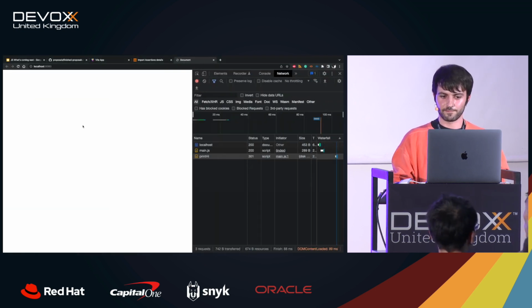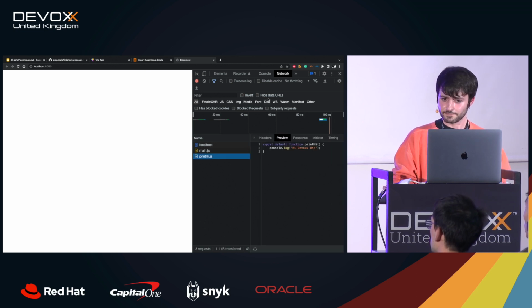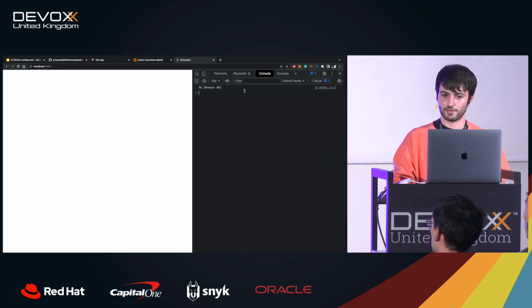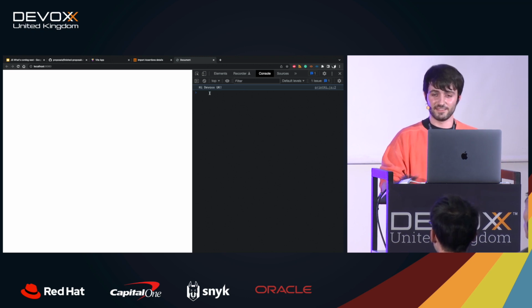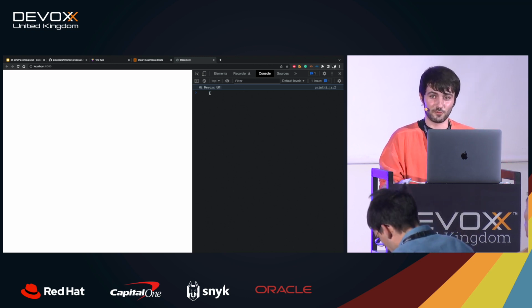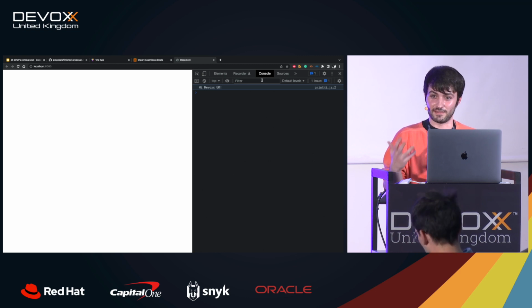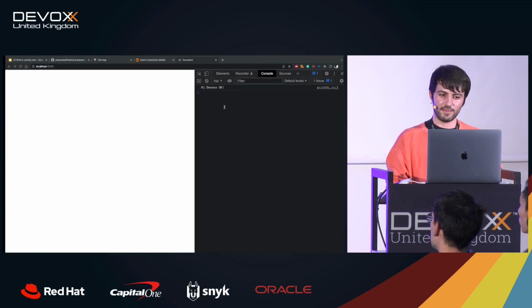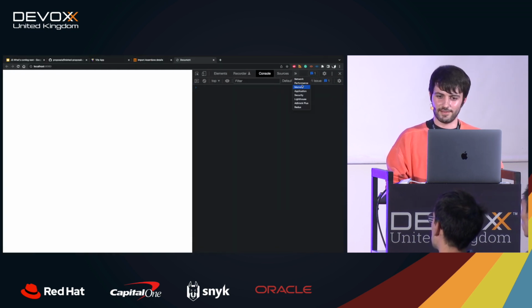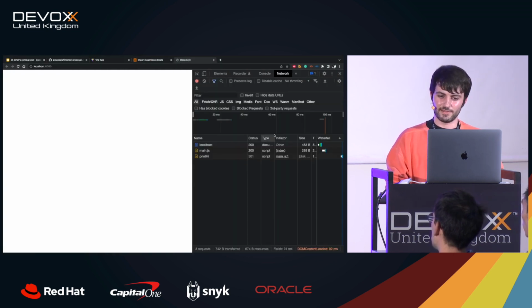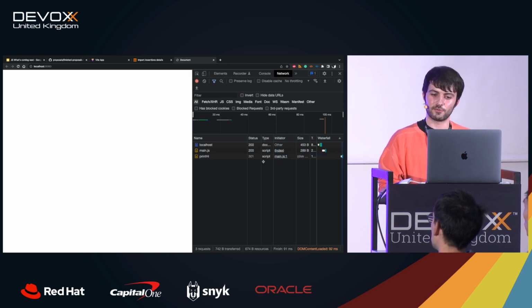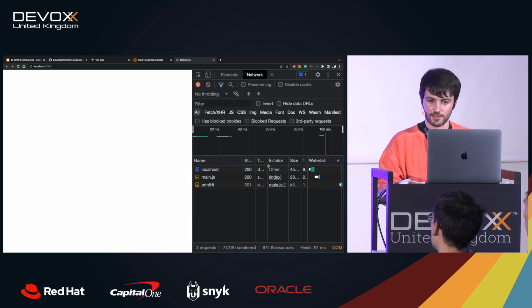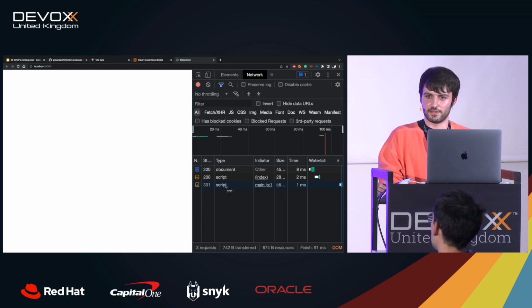So now if I rerun the code, you will see how, in fact, the console log works as expected. But when you are used to working with bundlers, this is something you don't know is happening in the browsers. But there's a problem with this. Notice how when I didn't have the extension, what it's trying to load in memory is, come on, you can do it, a script, right? Even when the extension is not there.